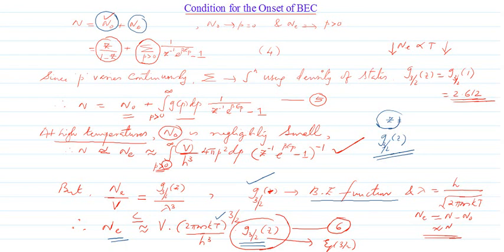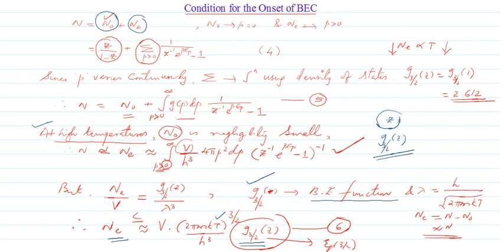And we have obtained that at high temperatures the number of particles in the ground state is negligibly small, so you can take almost all the particles of the system to be found in some of the excited states. So we can say N is approximately equal to Ne, okay, and which we have evaluated, and finally we got